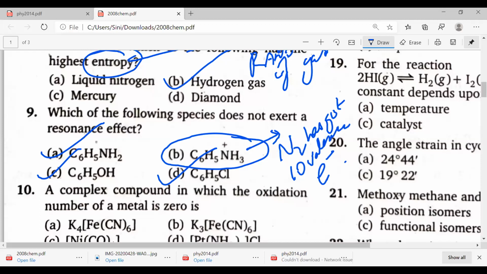Again, what I am teaching you is not the answer here. I am giving you ideas how to approach a question. This is done by the process of elimination. We clearly have seen this. We know the resonance for this also. C6H5SC also we know the resonance. Correct? Only this particular thing, option B. Even if you don't know how to do the valence electron count, you still can get the correct answer.